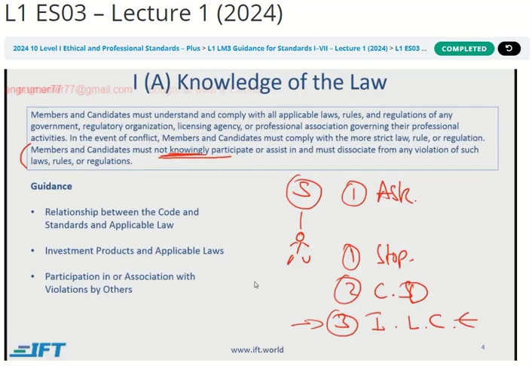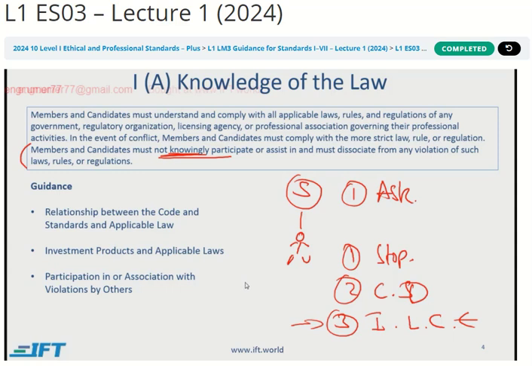If you do realize that a violation of the code and standards is taking place and you don't do much, your inaction combined with continuing association with those involved in illegal or unethical conduct can be construed as participation or assistance in the